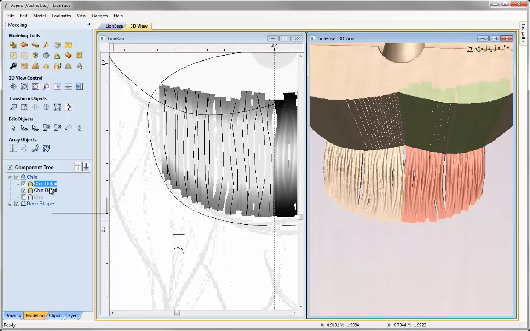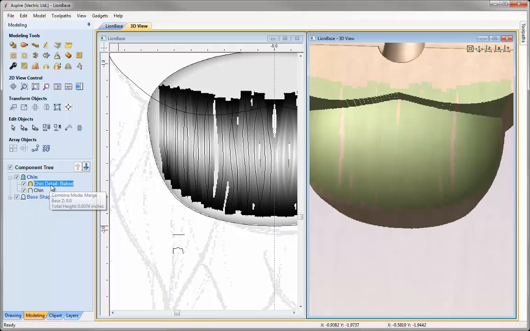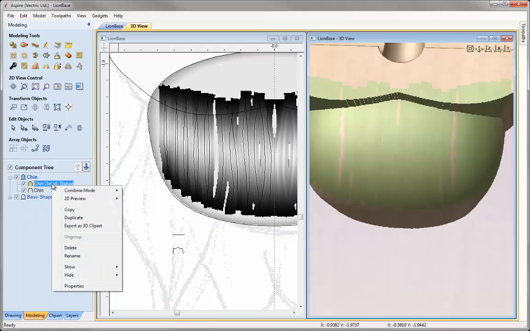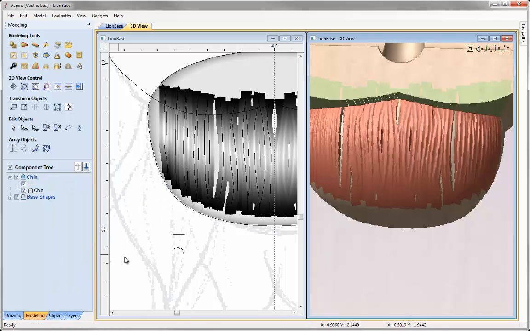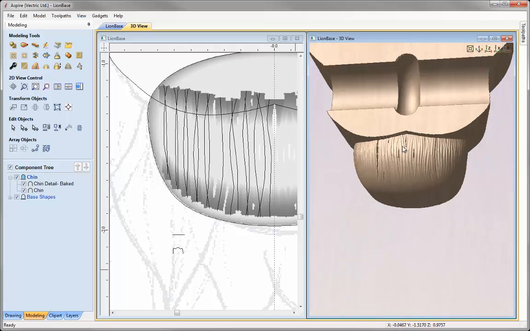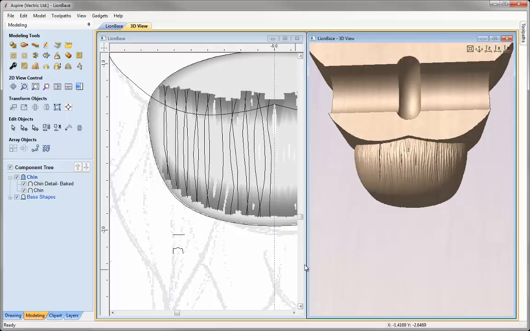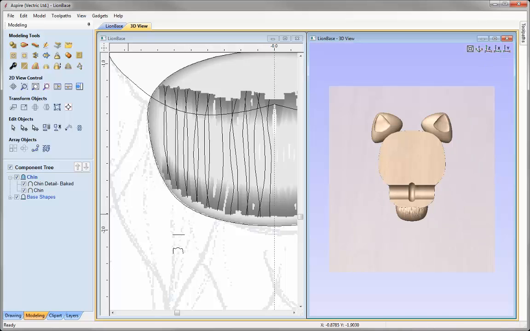So let's just take those, and what I'm going to do is I'm just going to bake them. I don't need them as two separate components, so I'm going to turn them into one big component by using the bake option here. So now we've just got one component. Let's switch on that chin shape, and then let's just change the combine mode of the chin detail. Let's make that set to add, so it's sat on top, and we can see now we've got a nice blend between the two areas that we originally had as separate components. So that's the chin detail, so let's just put that in Z, and let's just minimize the chin level,